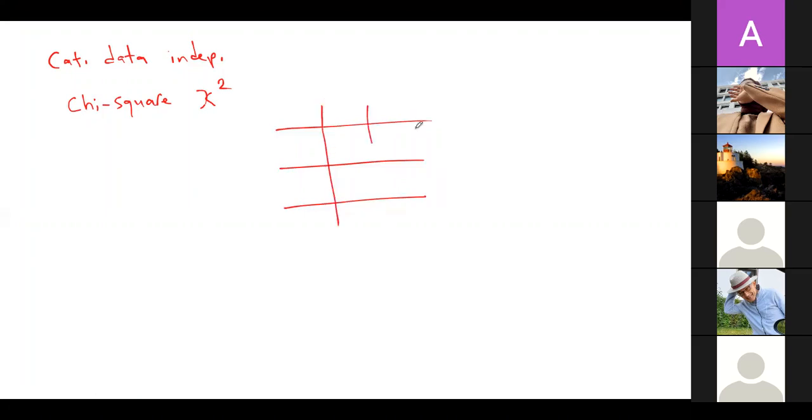If you want to do chi-square, you must have categorical data and this kind of cross tables. Usually, the classical approach is that you have the dependent variable in the columns and the independent explanatory variables in the rows,